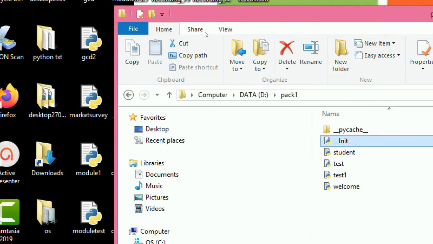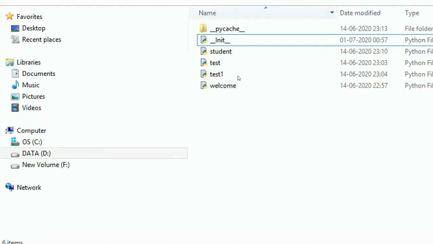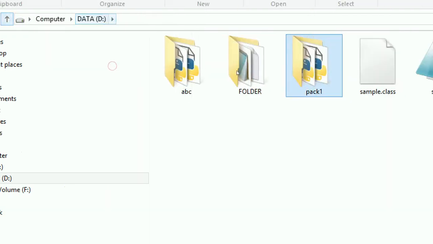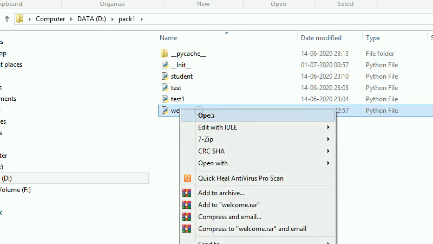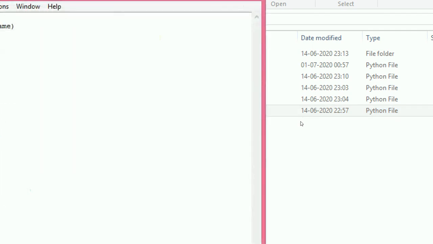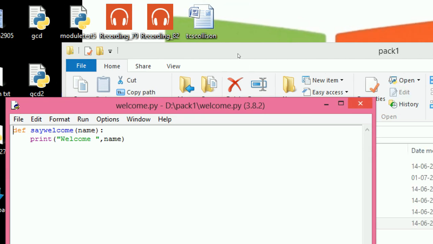That is step 1. After that you can create the module in the same folder. I create this folder. After that, in this folder I create __init__.py. Then I create one module. The module name is welcome. In this I create one function, already we discussed that.